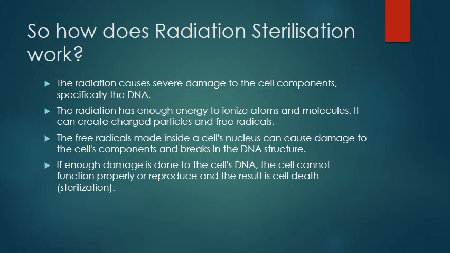So how does it work? The radiation causes severe damage to the cell components, specifically the DNA. The radiation has enough energy to ionize atoms and molecules. It can create charged particles and free radicals. These free radicals made inside a cell's nucleus can cause damage to the cell's components and breaks in the DNA structure. If enough damage is done to the cell's DNA, the cell cannot function properly or reproduce, and the result